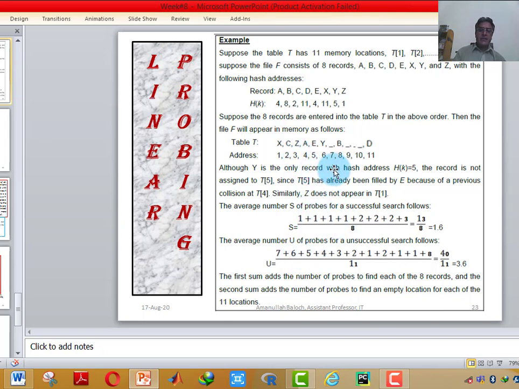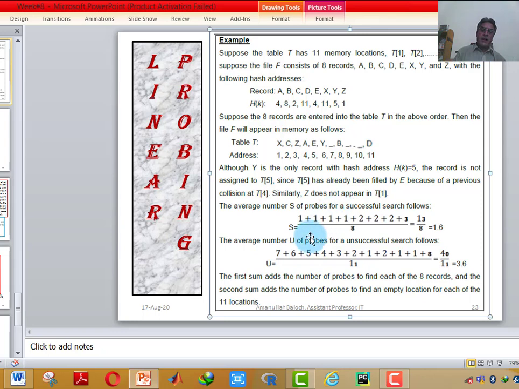Similarly, let's suppose the hash address of the next record was 3, but 3 is occupied. It will search for a blank location, skipping locations 3, 4, 5 and 6. After skipping these, it will get the available location. So we will take it 5 for this search.